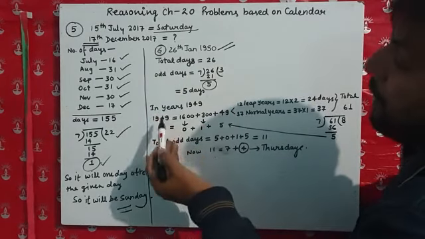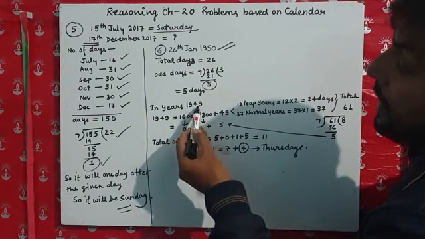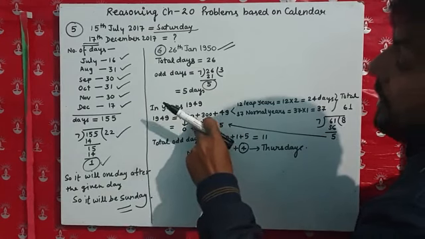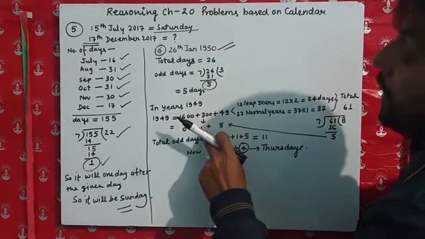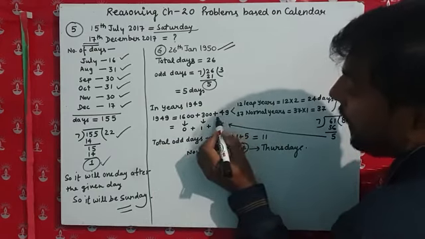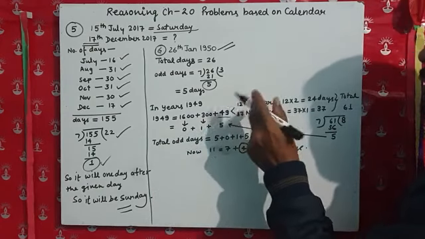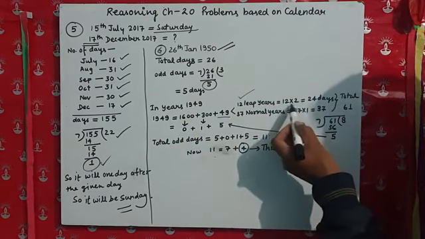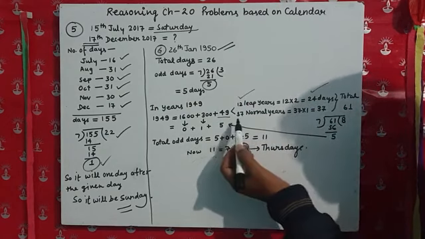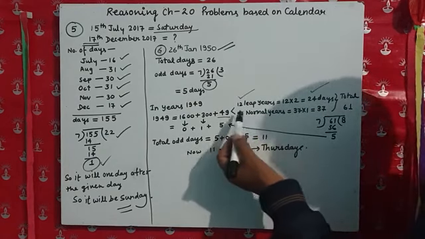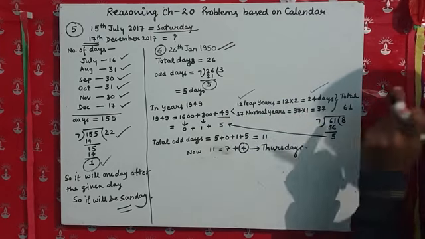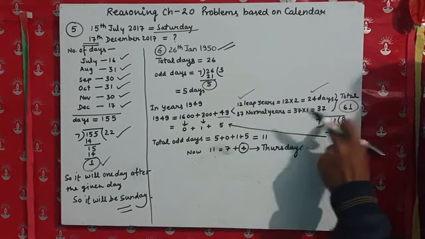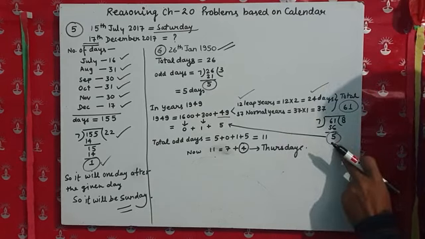Now we have to go 1 year previous. That means we have to find the number of odd days in 1949, that is, 1600 plus 300 plus 49 years. In 1600 there is no odd day. In 300 there is 1 odd day. This is the formula I told you. Now in the 49 years, 48 divided by 4 gives 12 leap years. In leap years, 12 multiplied by 2 becomes 24 days, and the remaining 37 are normal years, so 37 into 1 becomes 37 days, and the total will be 61 days. Now we again divide by 7. 7 8s are 56, so the odd days are 5.